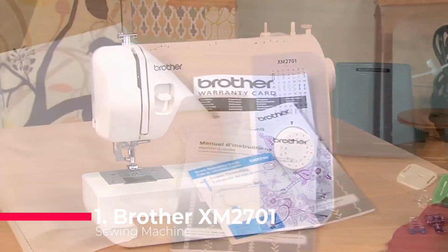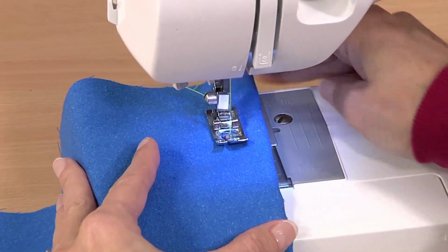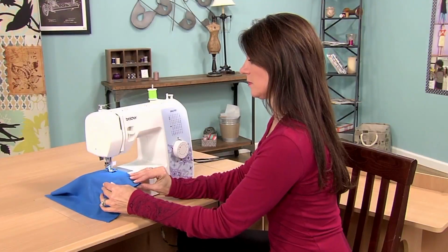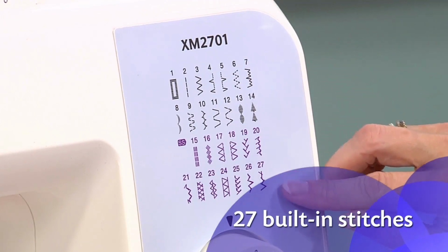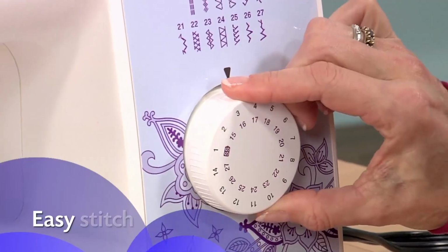Taking the top spot is the Brother XM2701, a lightweight yet feature-packed machine that offers an excellent balance of functionality and ease of use. With 27 built-in stitches, including decorative, zigzag, blind hem, and stretch stitches, this machine is perfect for a wide range